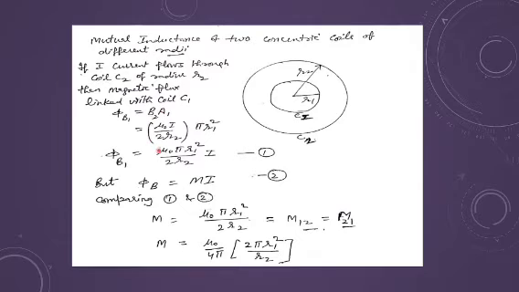Once you know these are the steps, whatever derivation they may give, whatever shape they may give, you should be able to find the flux, and you should be able to equate the flux with the general definition of mutual inductance, that phi equals M i, and you can always find the expression for the mutual inductance. So it means this is nothing to mention in the syllabus, but of course this is your general previous knowledge, and you should be able to use your previous knowledge, and you should be able to solve this type of questions also.